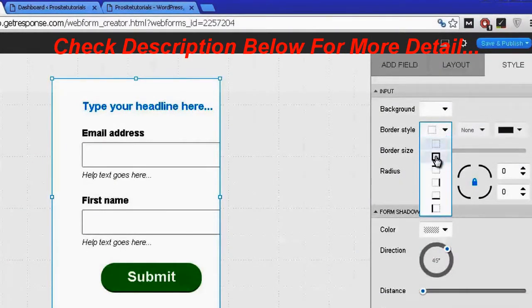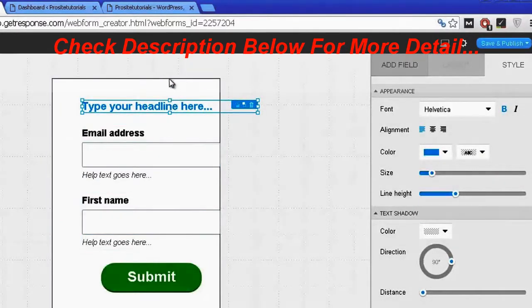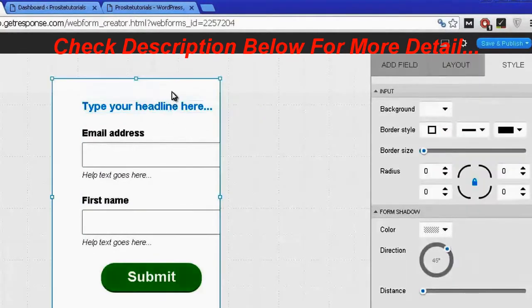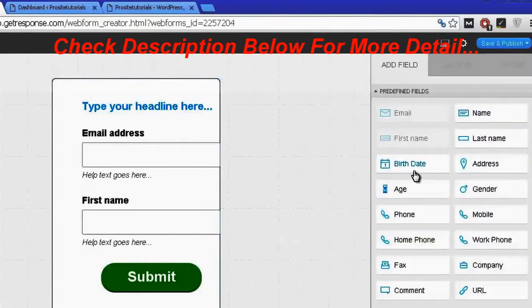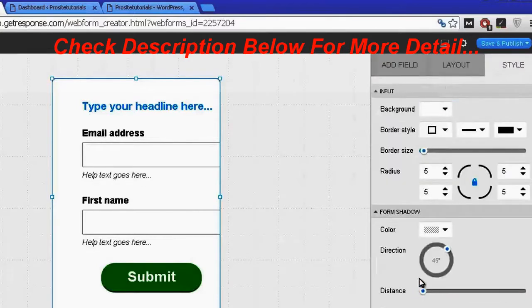In this case, I'm going to put a border style, and you can see that this will fill all of the area around, just like this. And if I want to actually have some round corners, I just need to put, for example, 5 pixels. You can see that it makes my corners round, just like that. So you always need to select the area which you want to work with, and then you have several options which you can choose from in the sections. Now once that is done, what I'm going to do is,